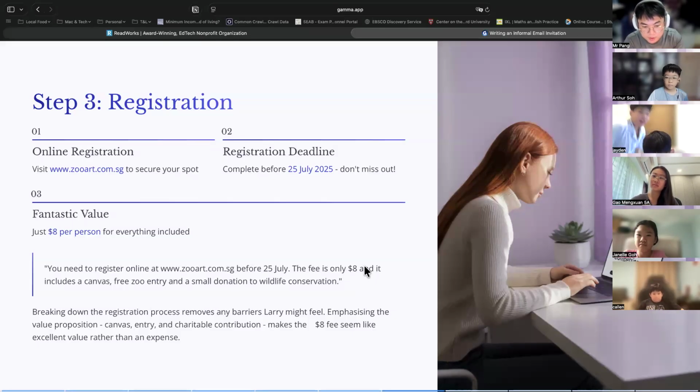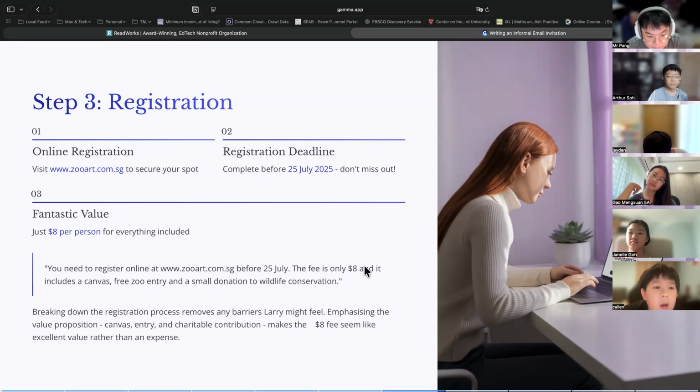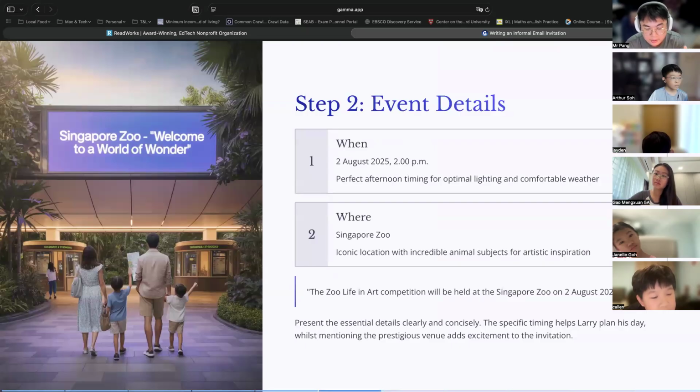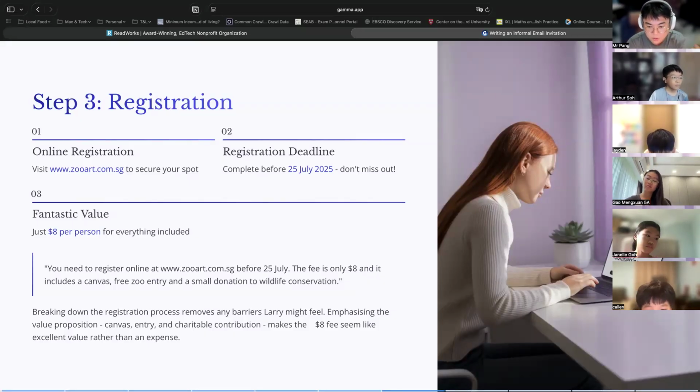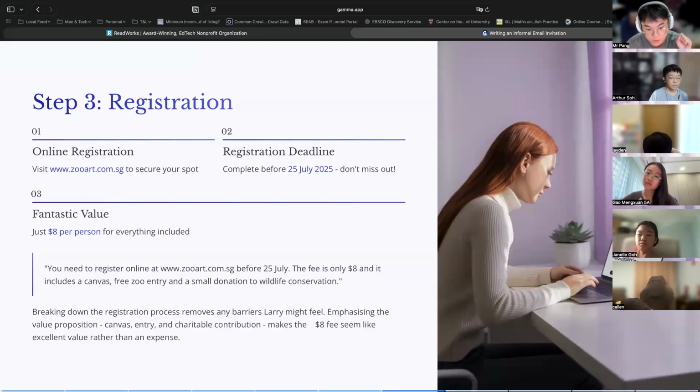I'm writing an email to persuade my cousin to join in. So I want to make sure every point that I write is a point that convinces him. Okay? So earlier on, I talked about when and where, and those points are not very strong to convince him. But this point about $8, wow, very cheap, only $8, then I can get this. This point is a strong, persuasive, convincing point. Everybody clear so far? Okay, so when you're writing, be conscious of your purpose. I'm writing to my cousin. Why? I don't just want to tell him about this. I want to persuade him to join in.